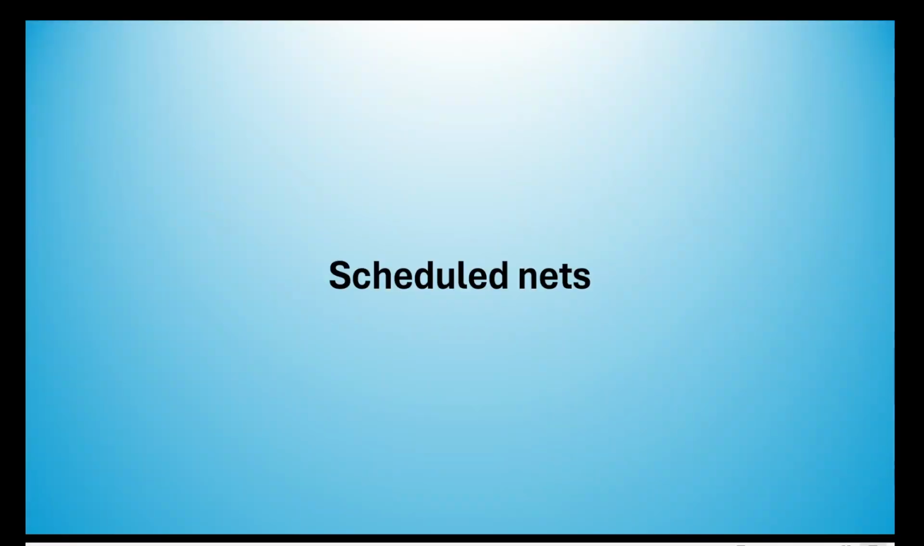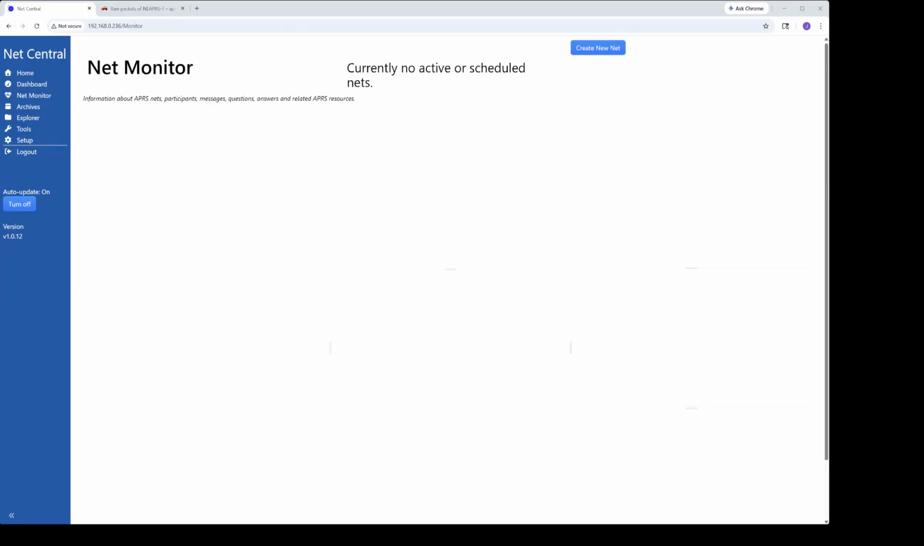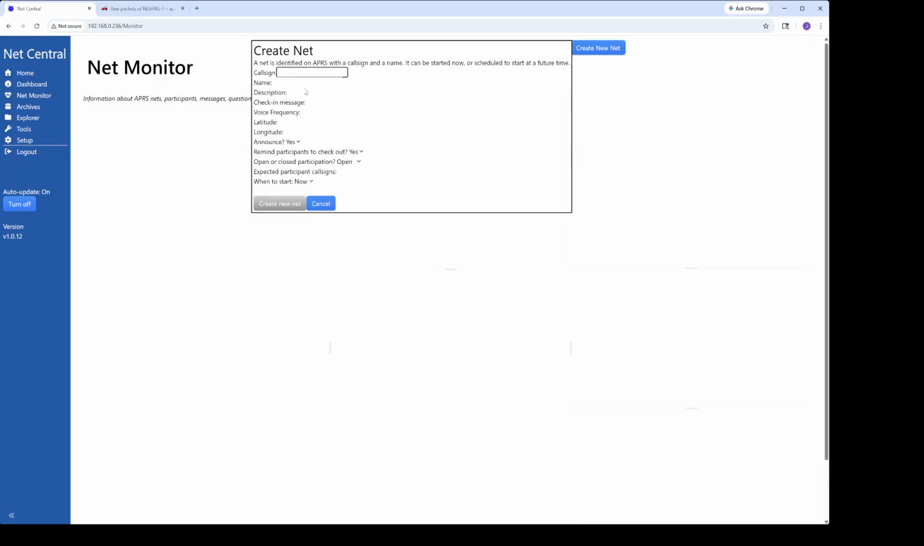In the case of scheduled nets, I could choose to schedule a net for some time in the future, either for one time or recurring on a daily, weekly, or monthly basis. From the Net Monitor window, I can create a new net, give it a call sign, as we've been doing. We'll just take these. We'll give it the same information. Now, if I want to change when it starts, if I don't want it to start now, but to start later, I can choose from a number of different